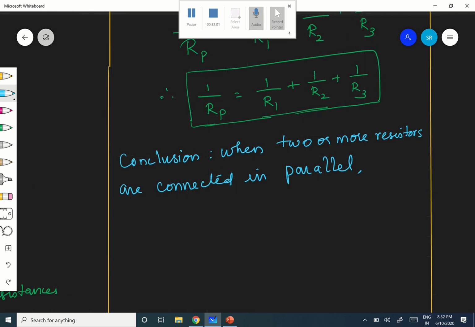Number 1, their equivalent resistance, the reciprocal of their equivalent resistance,